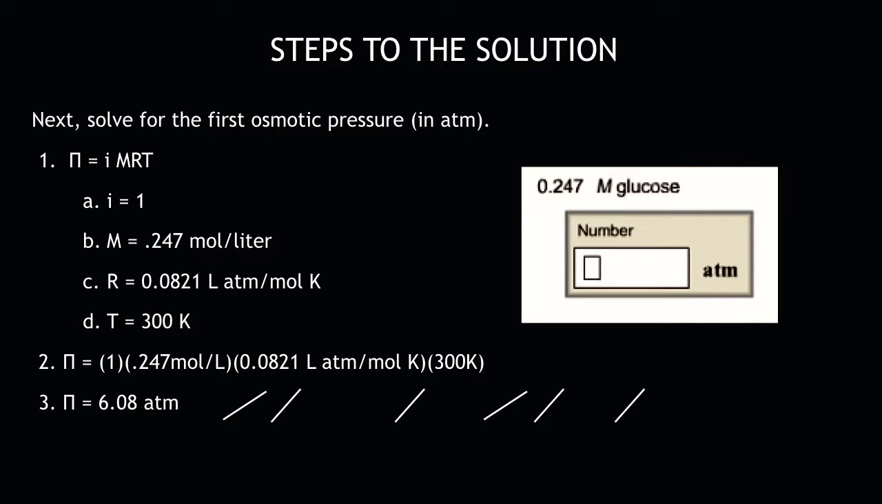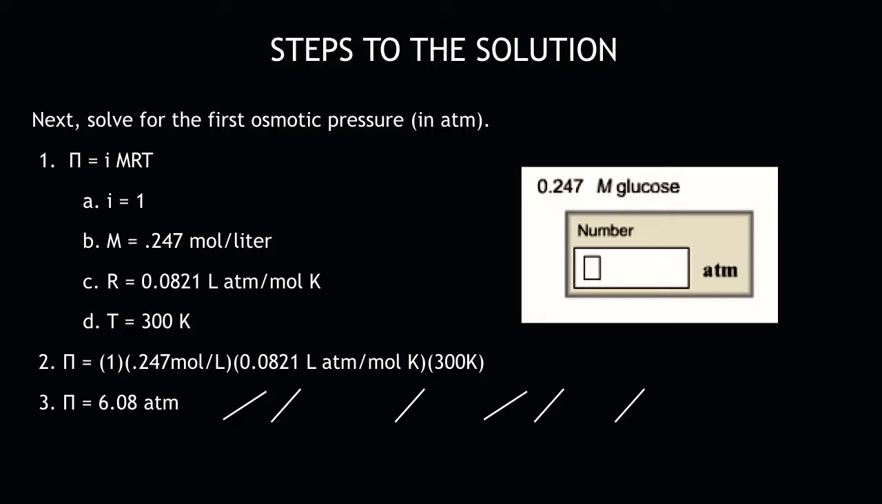So finally, once we have all these different values together, we can basically plug and chug at this point. When you multiply your i value, which is 1, your M value, which is 0.247, your R value, which is 0.0821, and your T value, which is 300, and multiply all those together, making sure you're solving for your units, you get